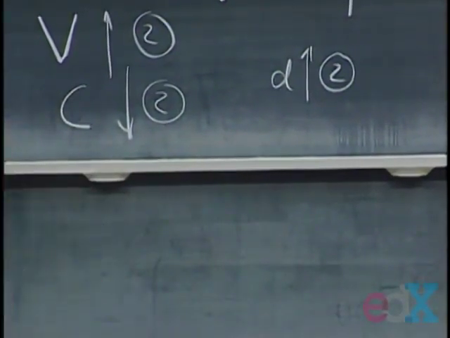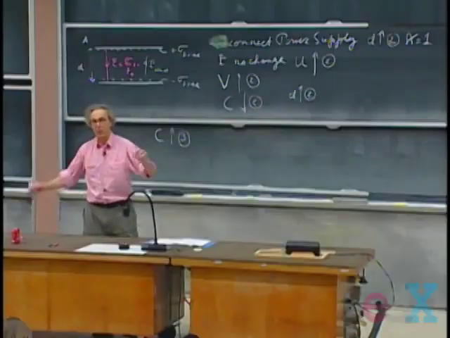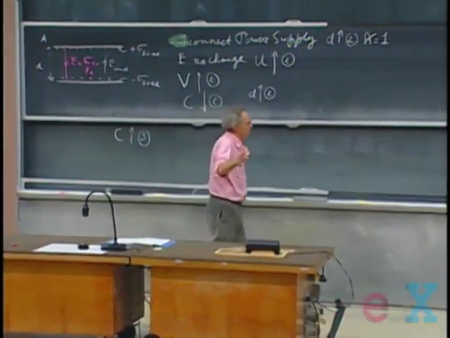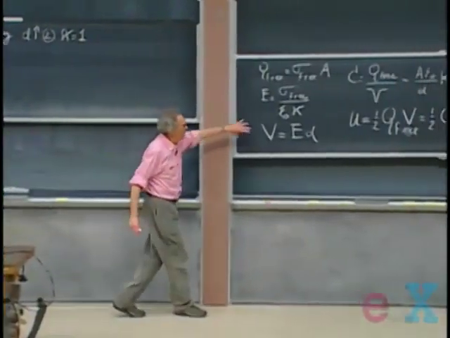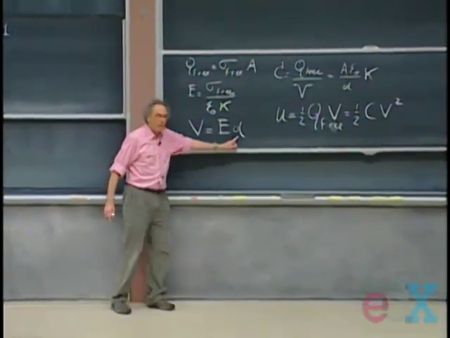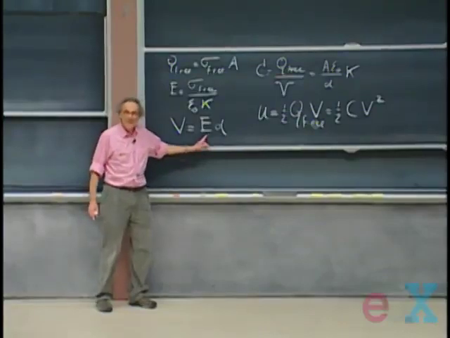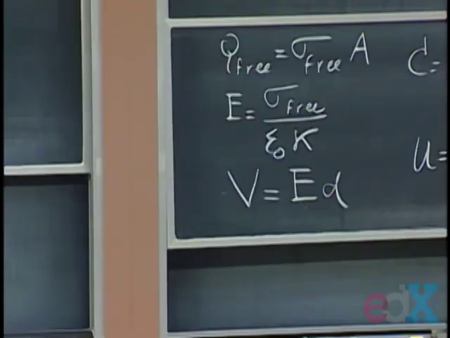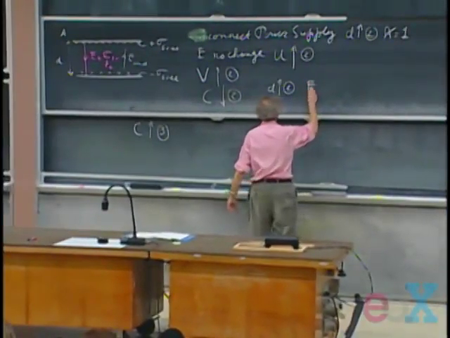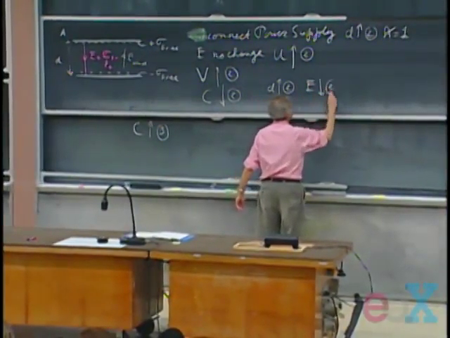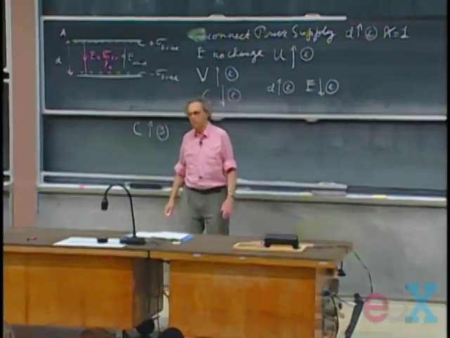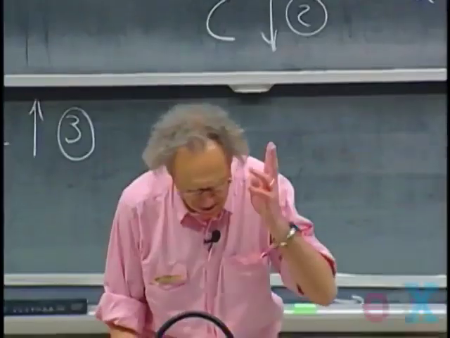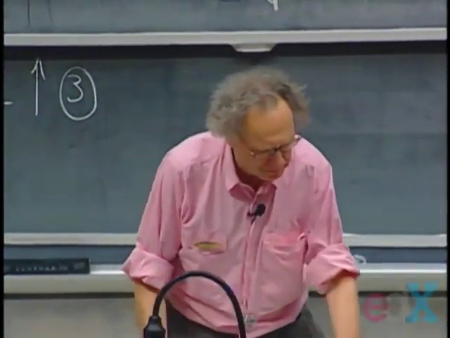There is one thing now that cannot change throughout, and that is V. Potential difference cannot change, because the power supply is connected. So now, if V cannot change, and you increase D by a factor of 2, E now must go down by a factor of 2. And that's very different from what happened before, when E remained constant. So it's very, very different physics. Well, the physics is the same, but the results are very different.